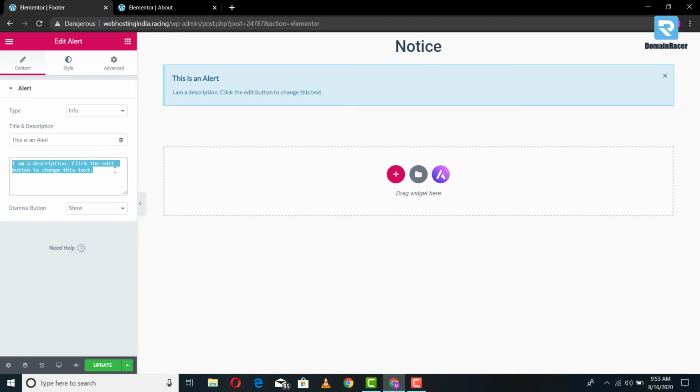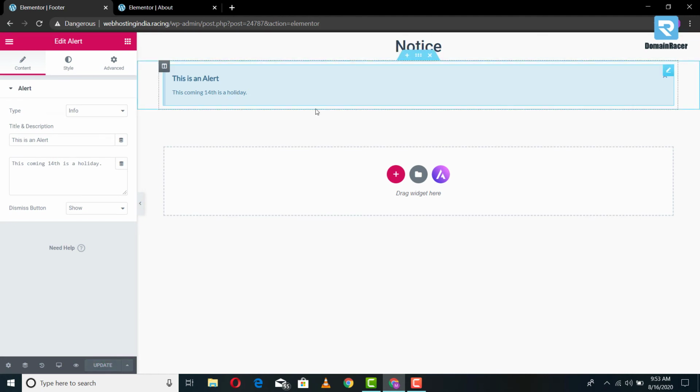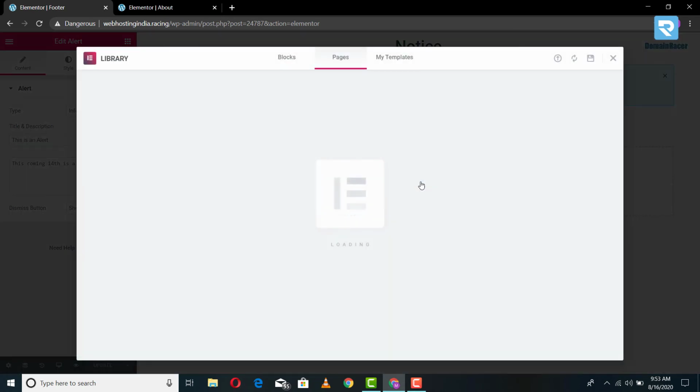For example, you want to add information about a holiday, so you can put this coming 14th is a holiday, and you can keep adding content like this here so that this appears on your website, and just click on update and this section will be added here. Also, you can import sections like these here. Just go to blogs